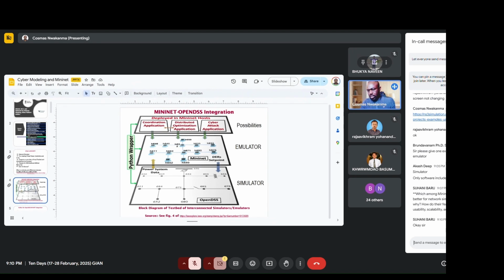Okay, if that is the angle you are coming from, I will tell you that if you are trying to work on grid network simulation and analysis, then Mininet will be better than NS3. I don't want to talk about Etacap. I've never used it before, so I don't want to condemn it. I will only say, based on your question on usability, scalability, and real-world applicability, I will recommend Mininet